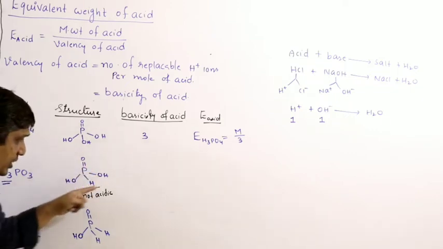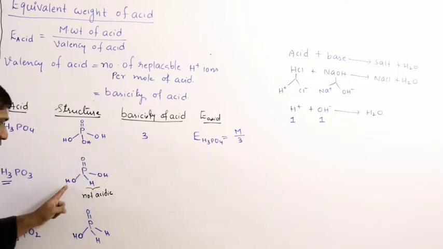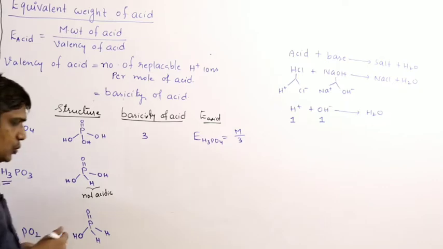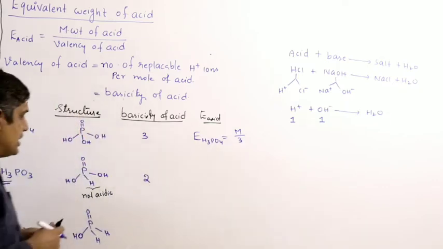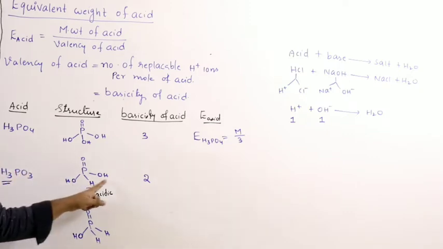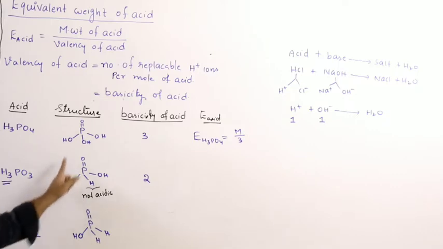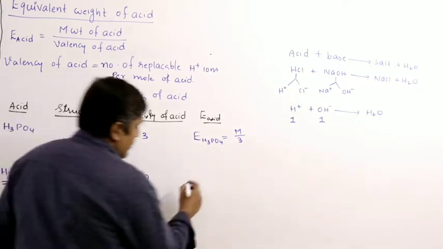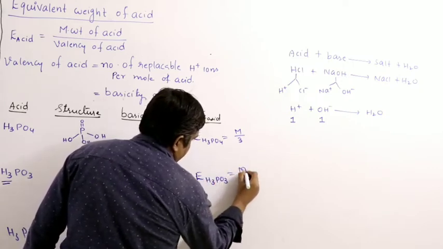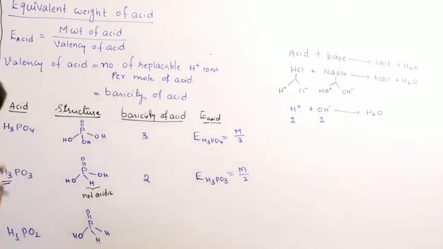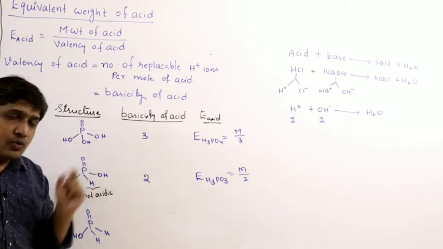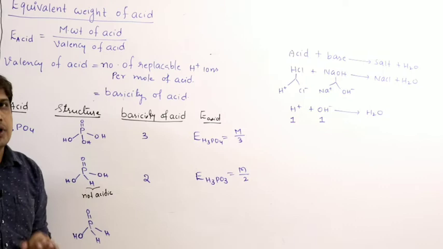So one molecule can release how many H plus ions? Answer is only 2. What are they? This OH hydrogen, this OH hydrogen. So maximum 2. So how many OH minus ions do you require? 2. Therefore it is a dibasic acid, not a tribasic acid. You require 2 moles of OH minus ions to neutralize this molecule. So what is the equivalent weight? H3PO3. Now it is not necessary that you always add 2 here. If you add 2, molecular weight by 2. If you add only 1 mole of NaOH or OH minus, then it becomes molecular weight by 1.